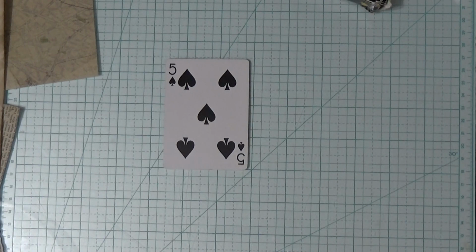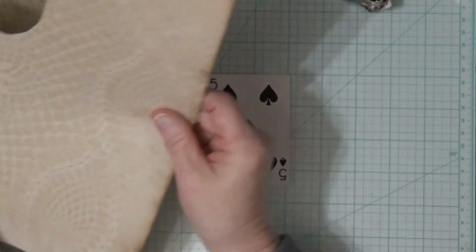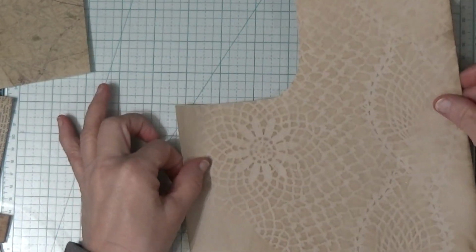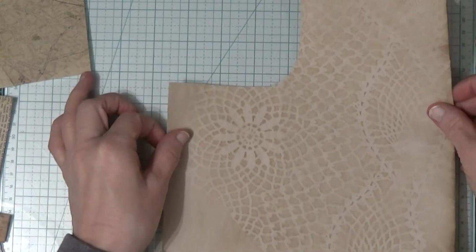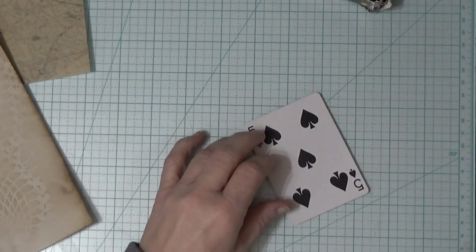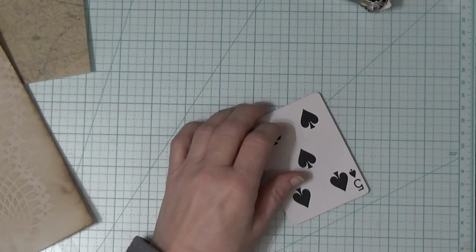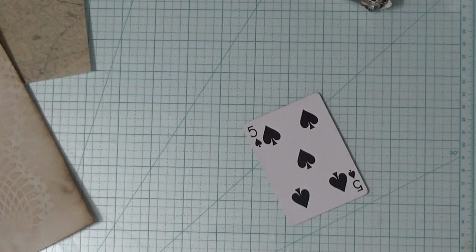And first, I'm going to cover the entire paper, the entire card with this paper here. So we'll do that first thing. Maybe I ought to just use my glue stick. I am running out of glue. As much as I hate using my glue stick, and really